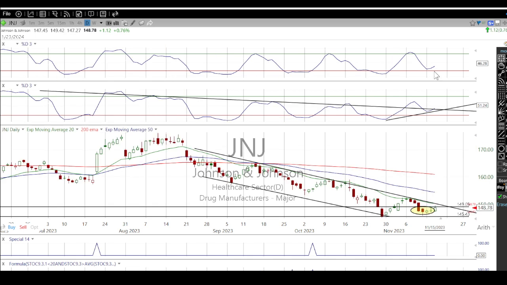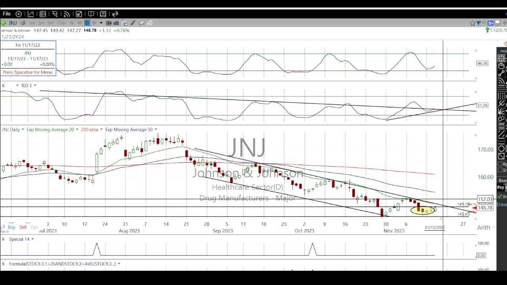J&J is based off a divergence setup. In a divergence setup, whenever we have a downward channel here, a nice organized channel, and then we make a low, we pop back up to the channel, we come back down, and we make a double bottom here, but the stochastics have turned back up aggressively. So we put our order in here on the divergence, and our target's going to be outside this channel. Our target will be up here at, probably, 4 to 5 points.